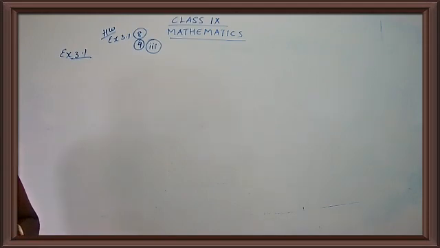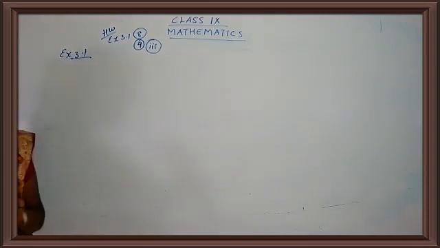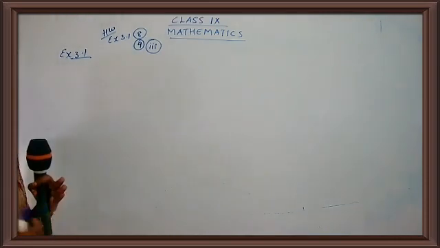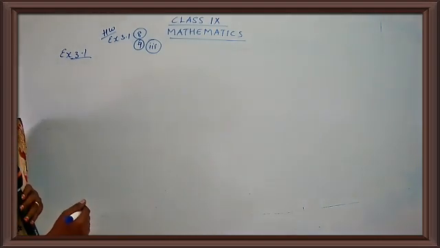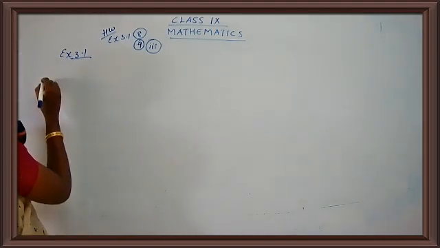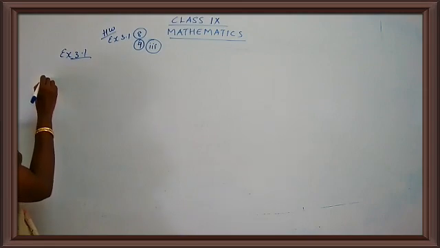Now, what are we going to do here? We are going to find out the amount in terms of x and y first. Then we are going to put the values for x and y. When we go through the sum, you will be clear with this question. So let's write the statement first of all. Cost of a chocolate. Sum number 10.